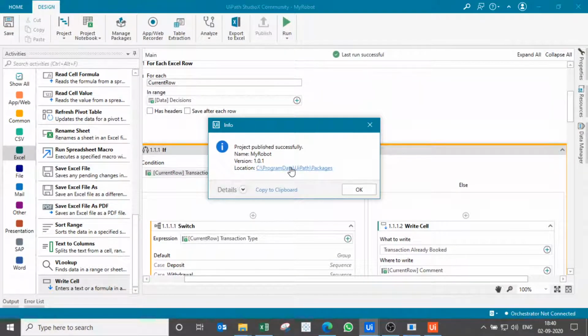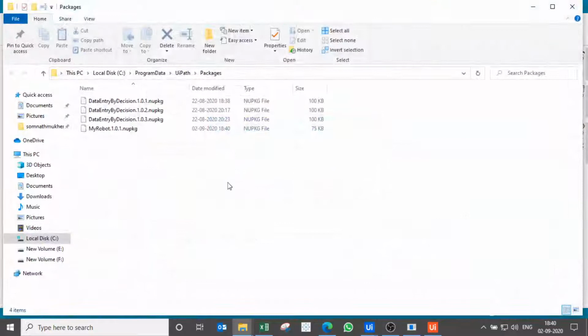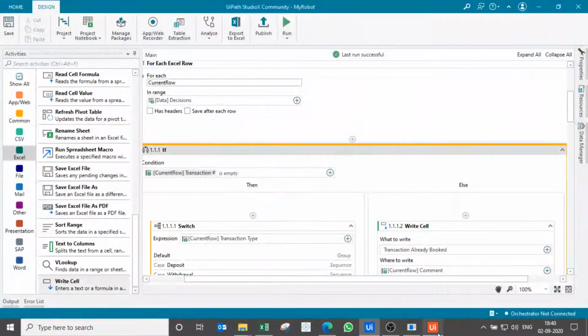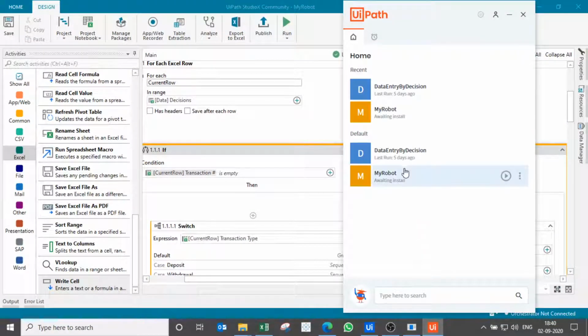Now it says that you have published this and the package is in this place. Where is this? Let us click here, and my packages are here. So in the program data UiPath packages, and now what it has done, let us see here. Now here it is awaiting to install. Let us install it by clicking here.